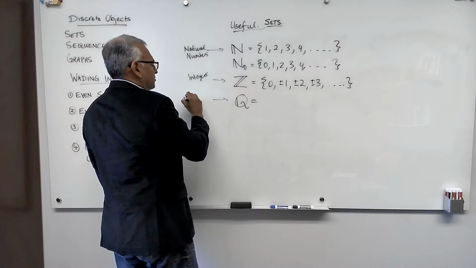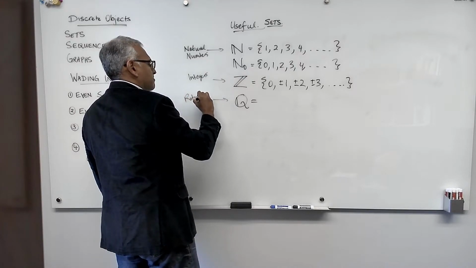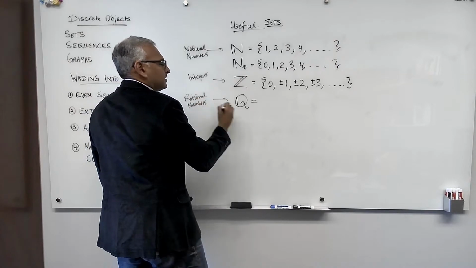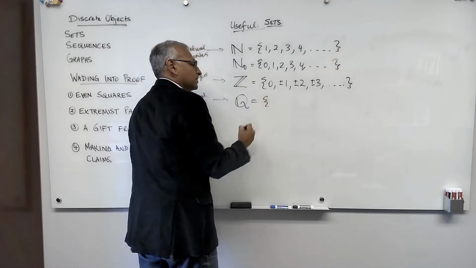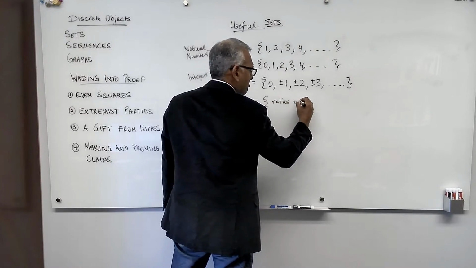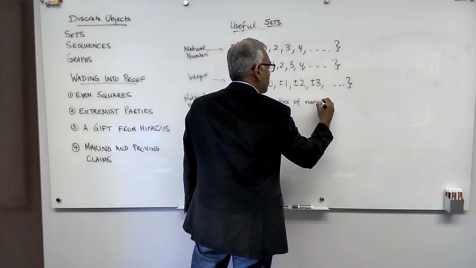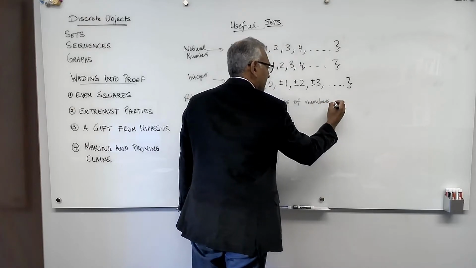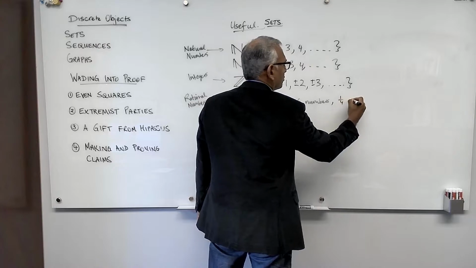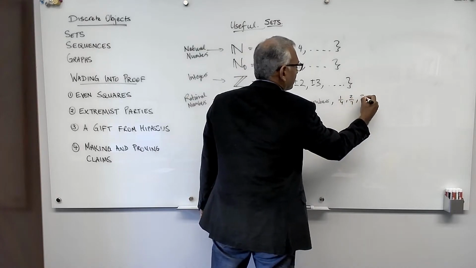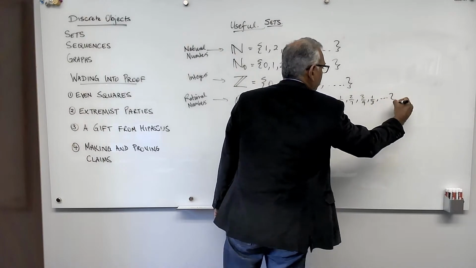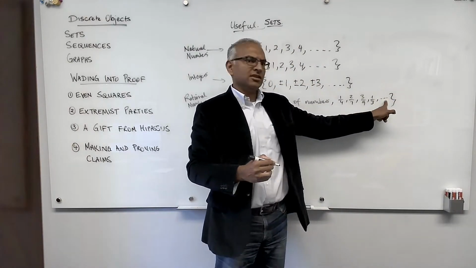And this is rational numbers. The ratios of numbers, such as 1/4, 2/7, 3/9, 1/3, and so on. But now the fill in the blanks